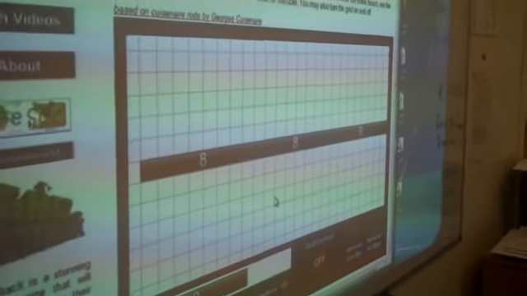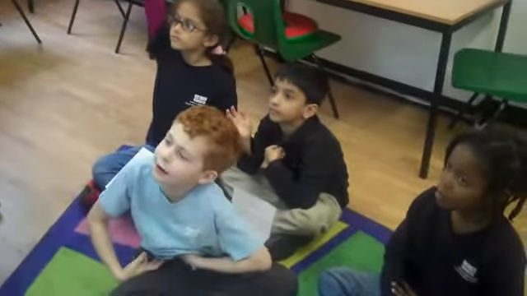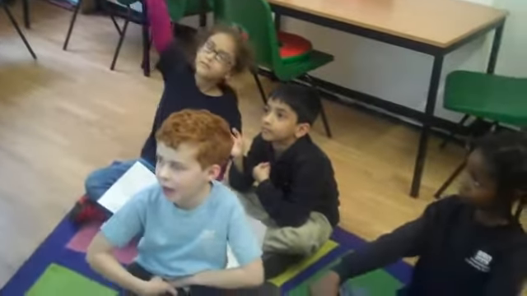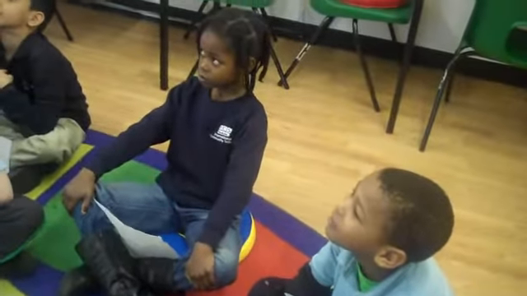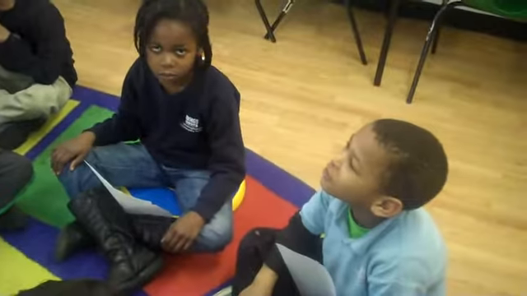How can I solve the problem from here? Who can tell me? What color of block should I use? Brown. Well, we used brown, but now I want to get the answer. 10? Good, the 10 block. What color is 10, Abdulaziz? Orange. Orange. So now we can take our orange block, and we have 10,